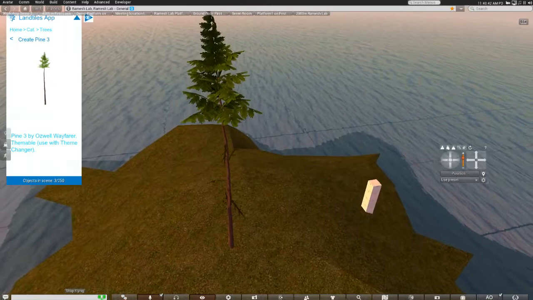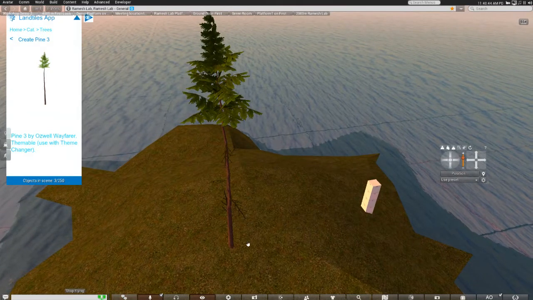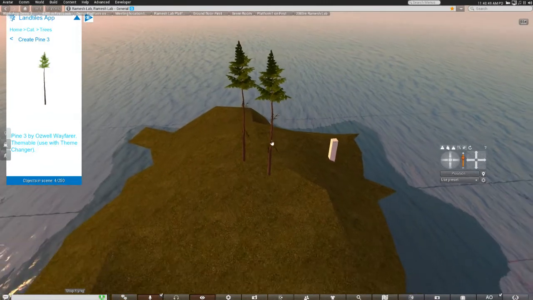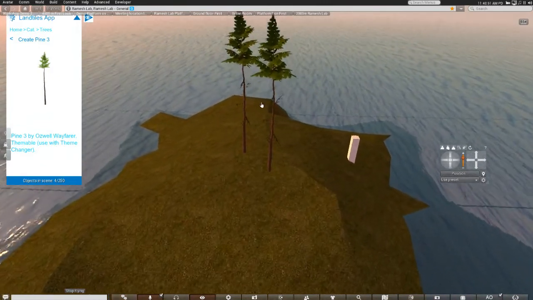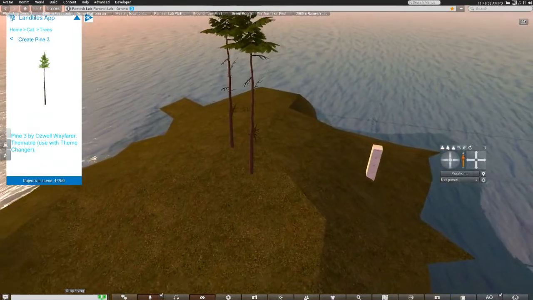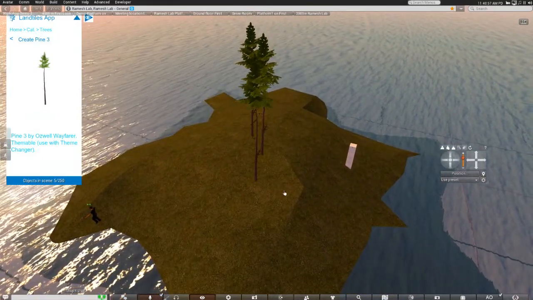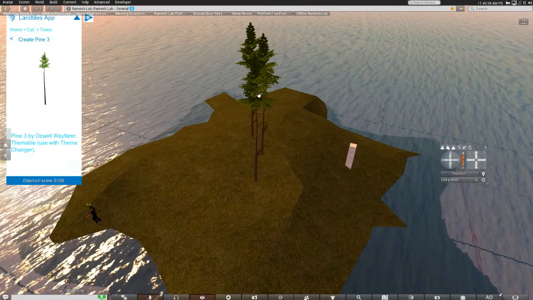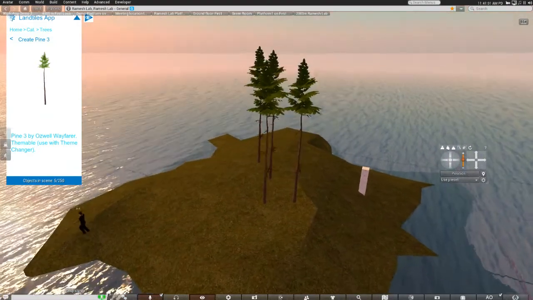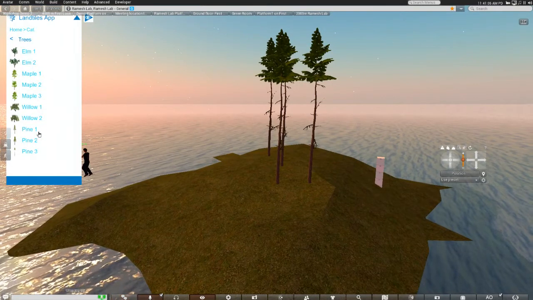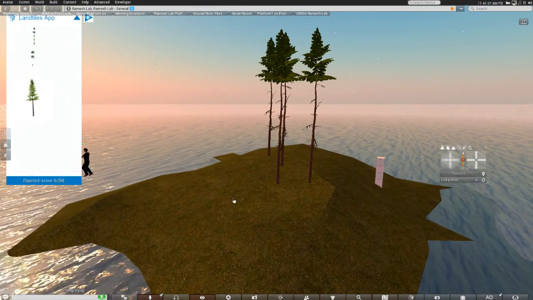I tend to like the pines with the long trunks because it shows that there was some clouding, and they tend to want to go up before the leaves can start to spread and have access to sunlight. So these would be at the center, and then I will start adding the